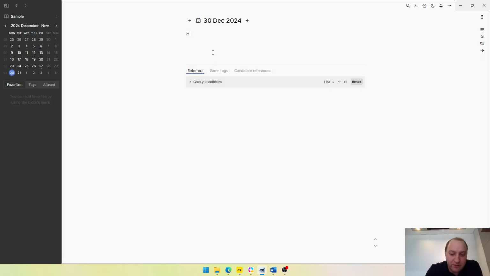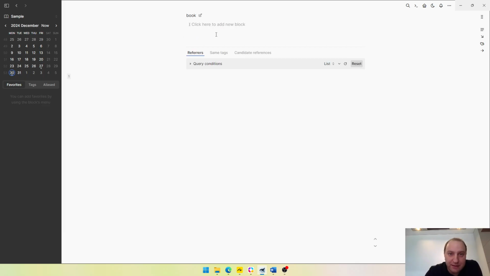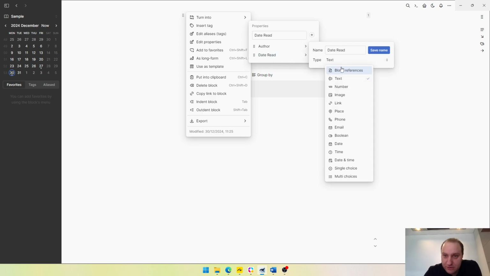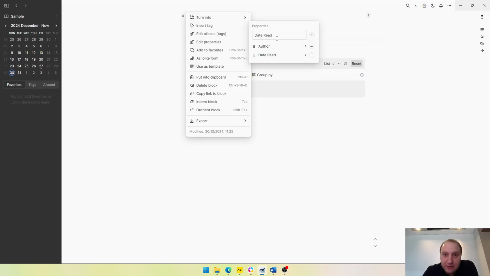And what you can also do is queries. So if I do one here, or tags, we'll create a tag, we'll go here, and we'll do edit properties. And we'll keep it as text. And we'll move this to, so there's quite a few options that you can do: block, text, number, date, single choice, blah blah blah. And let's just do